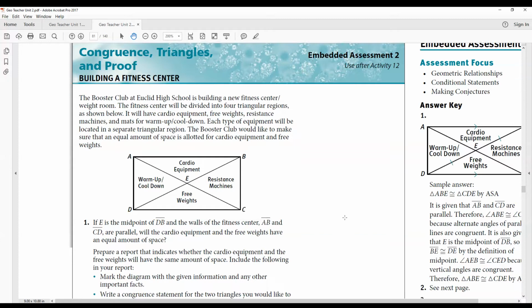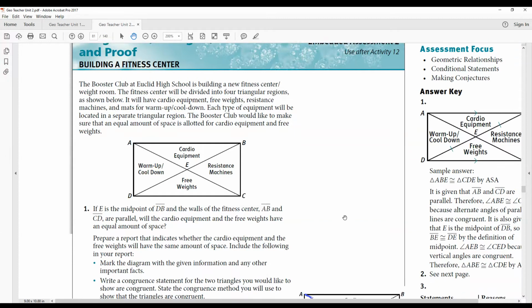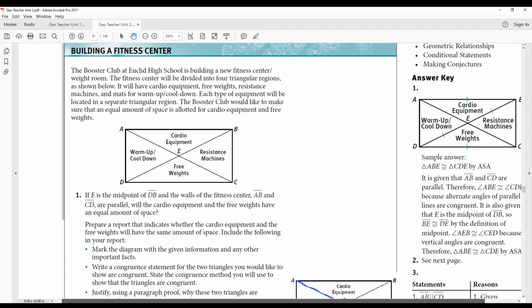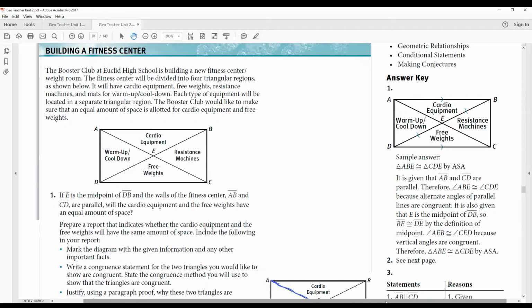All right, so we're looking at the embedded assessment. If you have not already read the situation, please stop the video now and read it. Okay, so you've read the information, and the given information right here is that E is the midpoint of